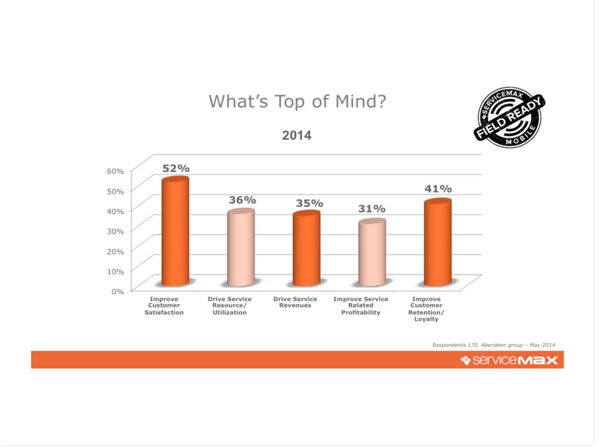Okay, so before we go into a little bit more about the specific details of the product release, I wanted to just share a little bit of insight into how we go about designing and delivering these features. The first thing that we look at is what's top of mind for service leaders and for businesses that have field service departments. And industry experts like Gartner, Aberdeen Group, and the technology services industry all point to the same